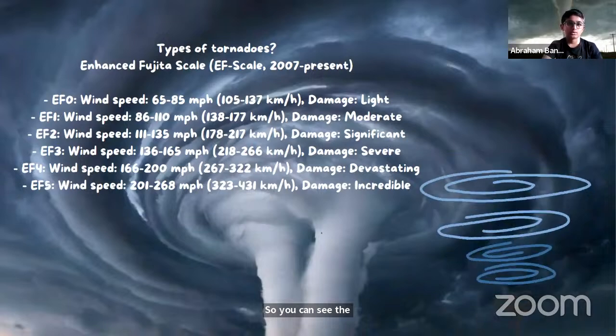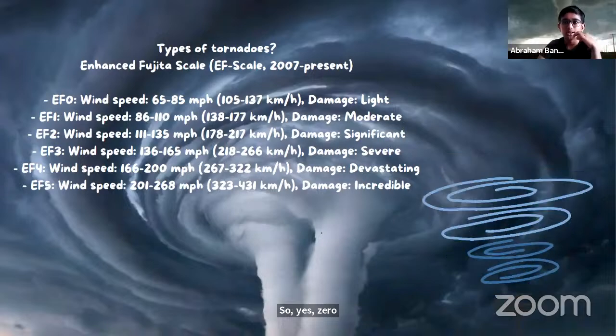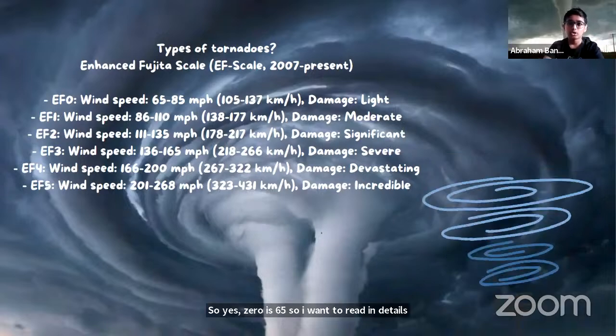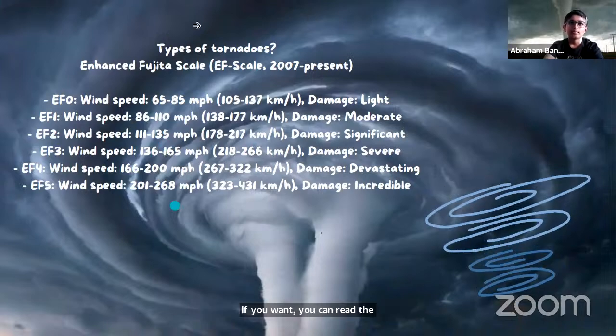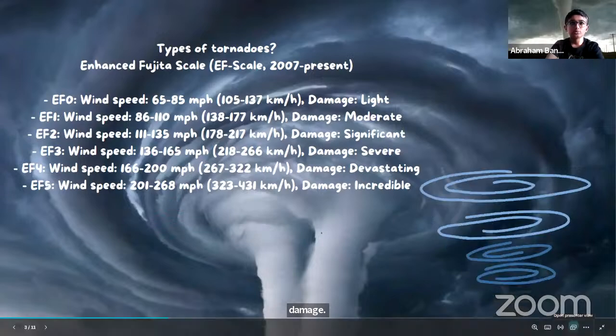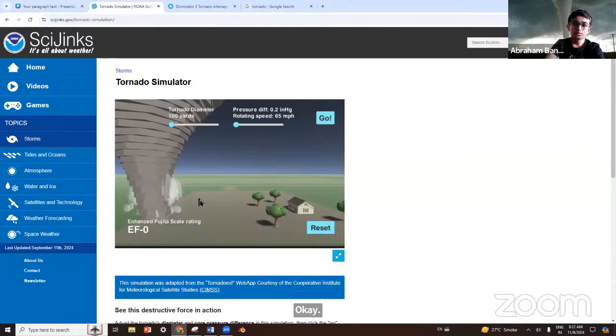EF0 is 65. I won't read in detail, but if you want, you can read the damage. I'm just going to show a link on this. So you can see this tornado.